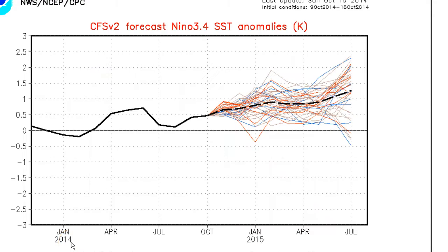And finally, the output of the model, CFS version 2, Nino 3.4 forecast. That again is that area between about 170 west and 120 west, a couple degrees either side of the equator. Currently, here we are, about half a degree above normal in that area. If you average all the water across that several thousand miles of ocean, the forecast suggests steady warming into January. Now, typically El Nino peaks in about the late January time frame,